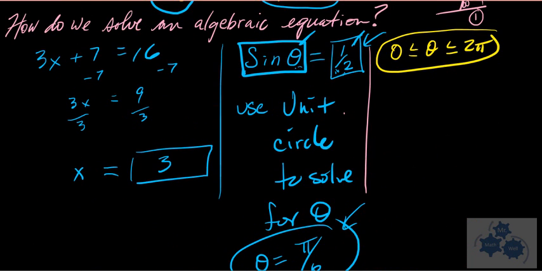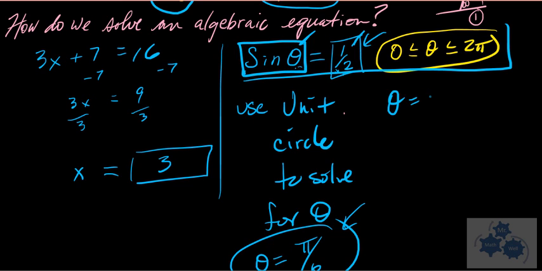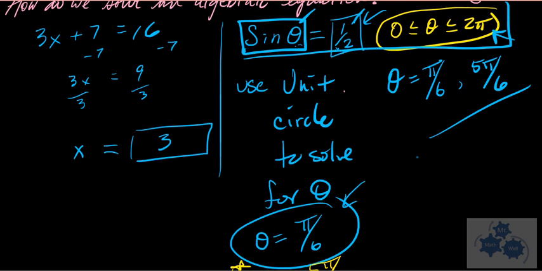In this case, this is what this whole section is about. You're going to be getting a question just like this, and you're going to look at the unit circle, and you're going to say theta is pi over 6 and 5 pi over 6. There's two solutions. Now, if it just asks you for a general solution, those were specific solutions within this domain. That's the domain of the variable. If it asks you for a general solution, you could say something like this: theta equals pi over 6, and then how do we write